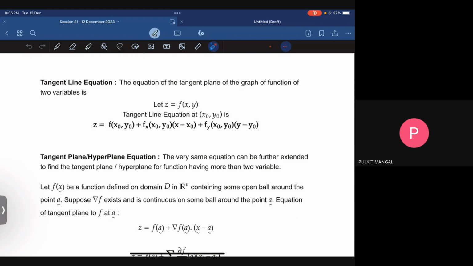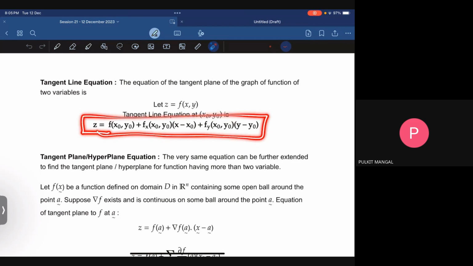In the last session, we covered the gradient descent part and our parametric equations. So the first topic for today's class would be the tangent line equation, or you can say plane and hyperplane equation. If we are given any function z equal to f of x comma y, first we are considering the case for two variables, where we have only x and y. For that case, the tangent line equation at the point x naught comma y naught would be given by